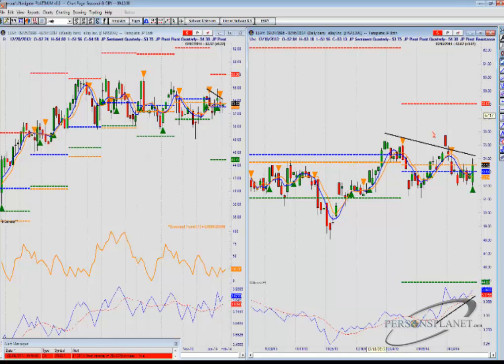I would say for a low-risk situation, we would be looking for some slight pullback. I think we can probably get down around 52.78, somewhere around there, 52.80. And I would put stops not underneath this low, but underneath this double bottom right here. So if we do get a pullback in here, there's two ways to play it. You can look for a pullback to the midpoint of yesterday's range, number one, with stops underneath that swing low, A, or B, wait, if the market does pull back, then stop yourself in on a long position on a breakout above this level right in here, which is approximately, we'll get that teed up for you here,